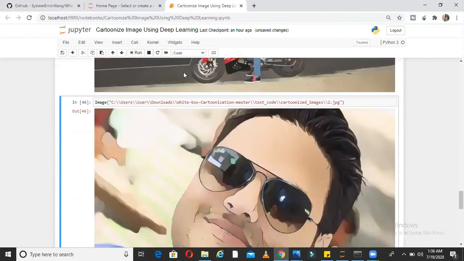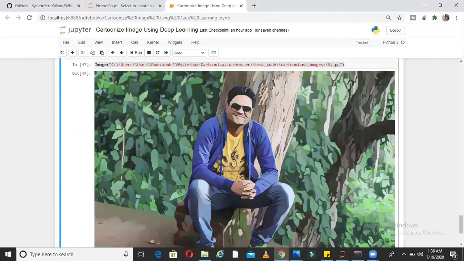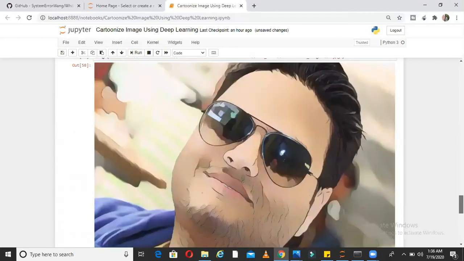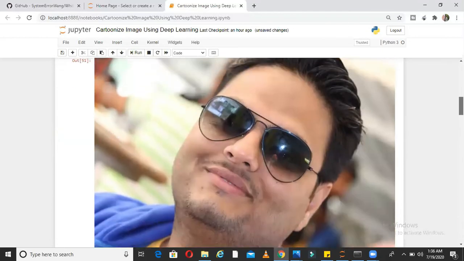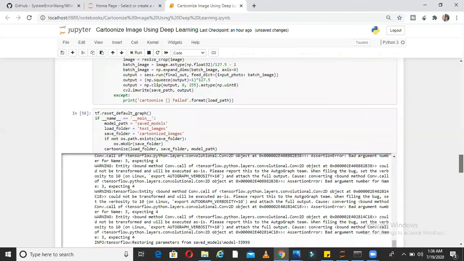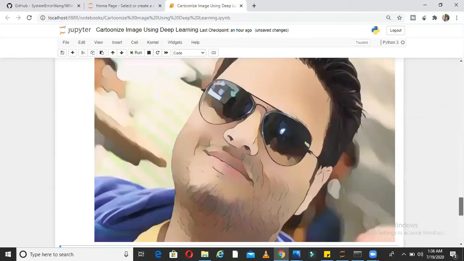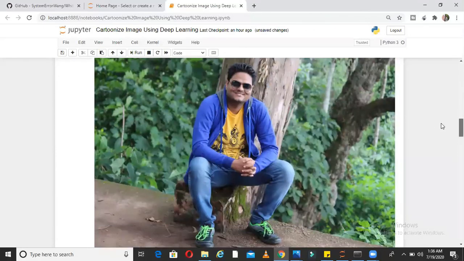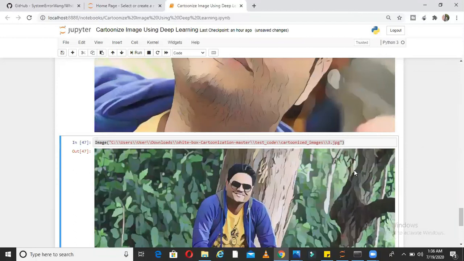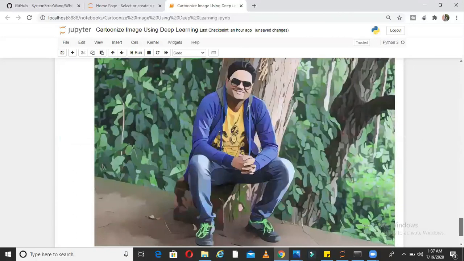How is image 2 performing? Let me get the latest image which is there in the folder. So this is my image 2. So if you can see my original image 2, this is how it looks like, okay, and my cartoonized image 2 looks like this. Similarly, my original image 3 looks like this, and my cartoonized image 3, let me fetch the new one, my cartoonized image 3 looks like this, okay. So this is how, using a pre-trained model, you can convert your images into cartoonized images